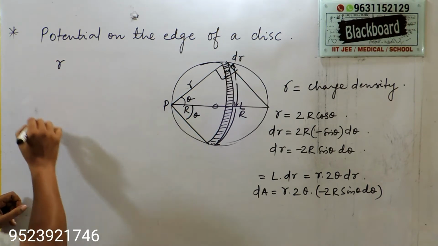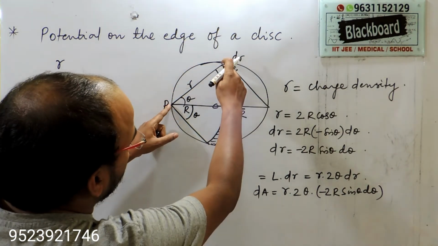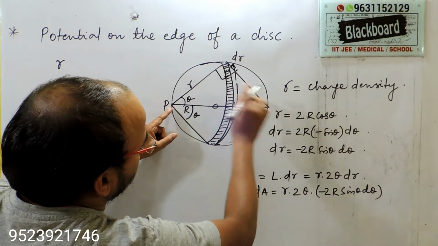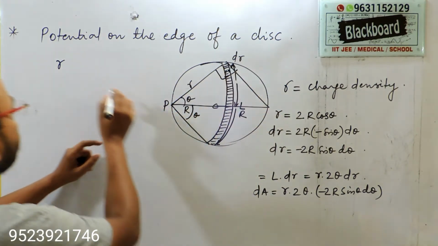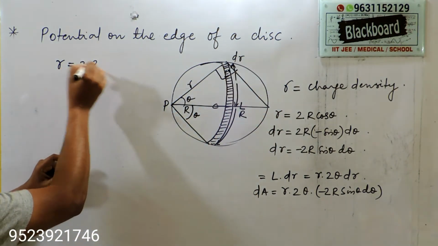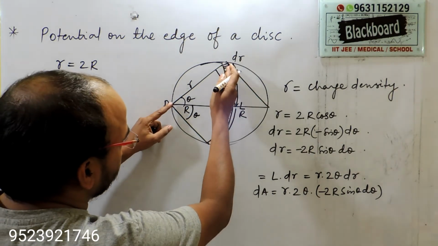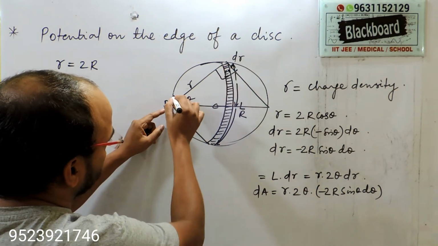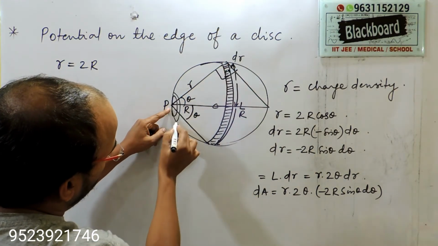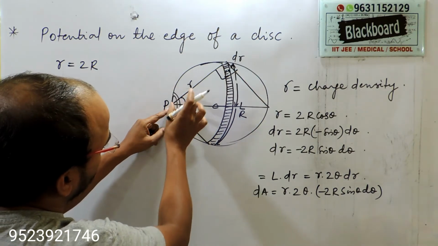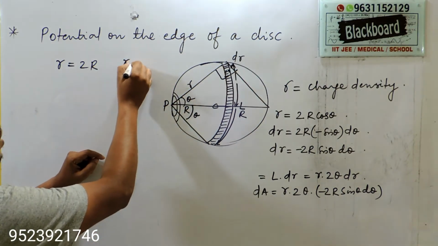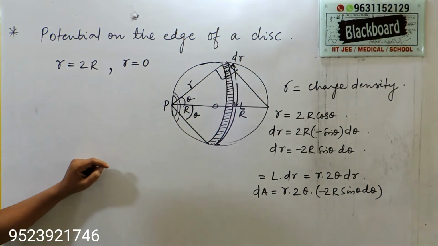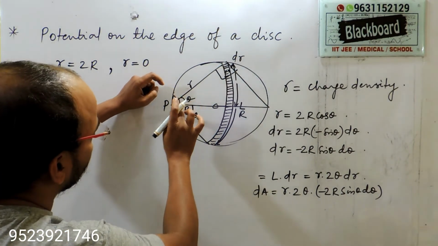तो limit in terms of r. r देखिए, r का मैक्सिमम वैल्यू होगा जब रिंग यहाँ पर होगा. रिंग जब यहाँ पर होगा तो r का मैक्सिमम वैल्यू होगा r इक्वल्स टू योर 2R. एंड जो सबसे करीब रिंग बनेगा, सबसे नजदीक, वो यहाँ पे बनेगा. वो यहाँ पे रिंग बनेगा तो ये लगभग आपके पास r जो हो जाएगा वो क्या होगा 0. r इक्वल्स टू योर 0. लिमिट विल बी r इक्वल्स टू 0.